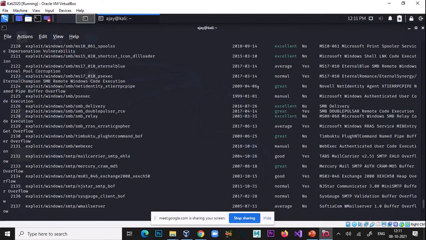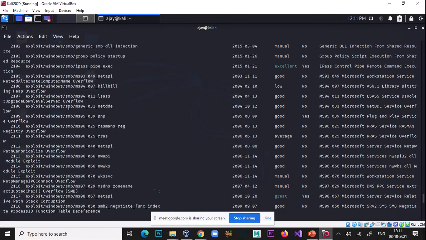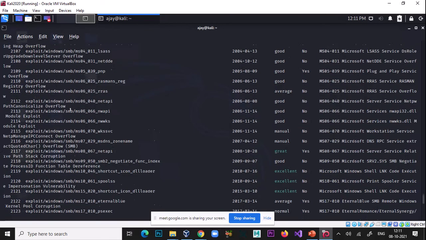First of all, you have to find the vulnerabilities on a particular operating system or in particular services. Then you have to exploit that network, operating system, or service by using the exploits available.